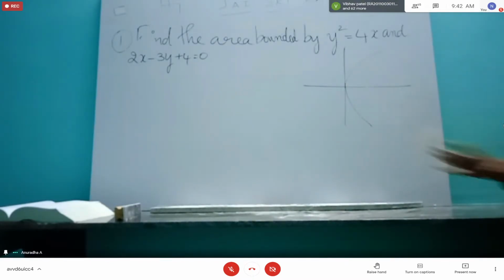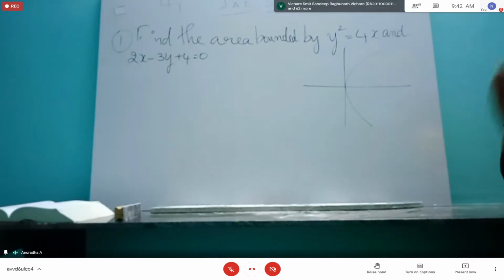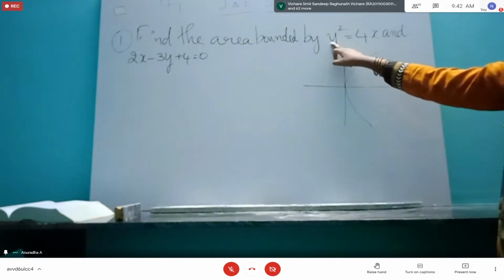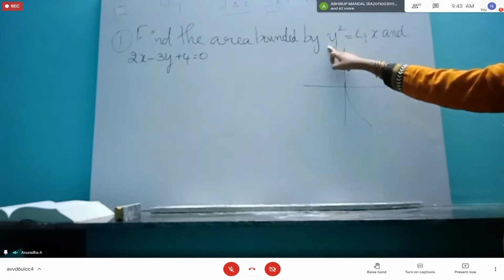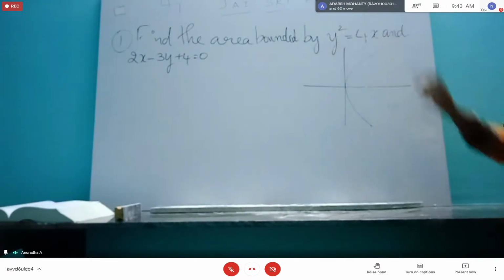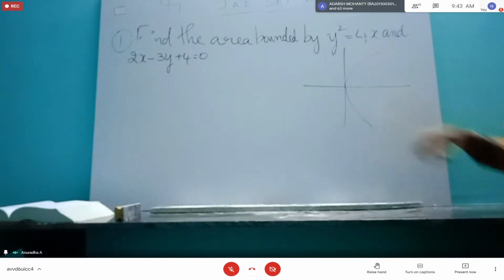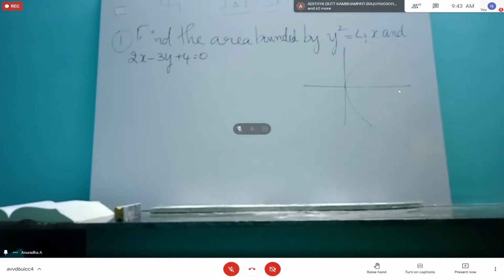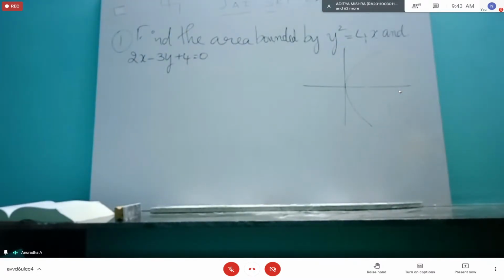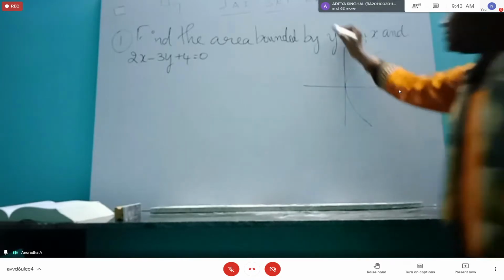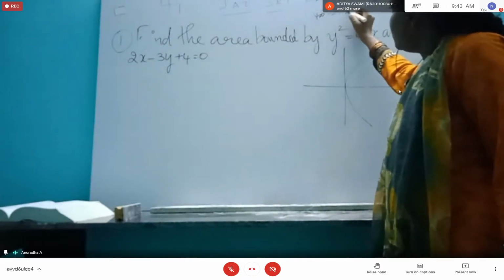This is based on the logic of the diagram I am saying. That is always another tool with us. If you don't understand this logic, find y equal to 0, what is the value of x? Find x equal to 0, what is the value of y? Find for y equal to 1, what is the value of x? Mark the points, draw the diagram. If you don't understand this logic, or think you will make a mistake, better take time and draw the diagram like that. So this is the diagram we get for the parabola. What I'm saying is, y equal to 0, what will be x?